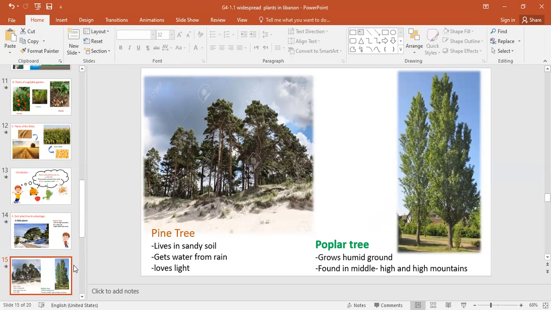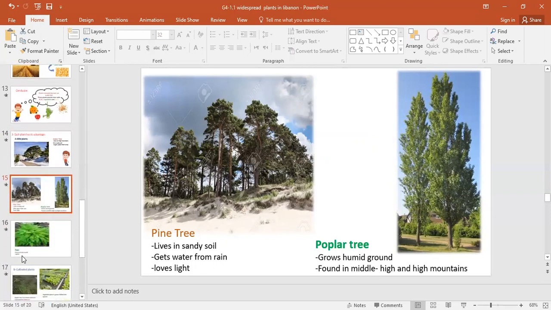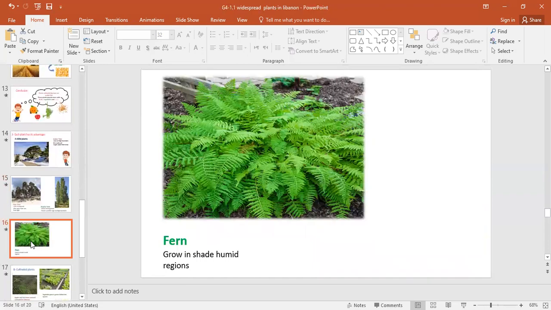The poplar tree grows in humid ground found in the middle and high mountains. The fern grows in shady, humid regions. Okay,